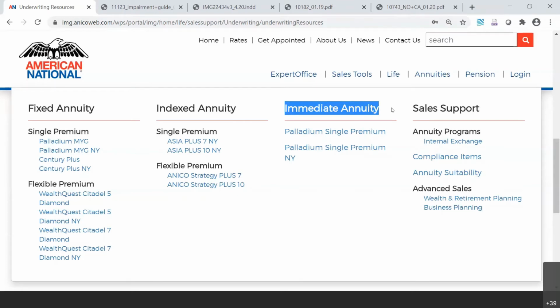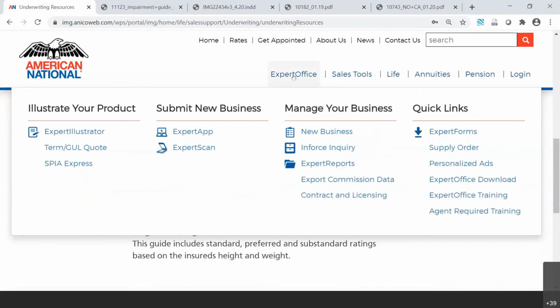For the sake of time, Art, I'm going to briefly touch on our expert office agent portal that I started initially. Due to time, I'm just going to simply show you here. You have the ability to go over to the expert illustrator to actually run our illustrations. I mentioned earlier the single premium immediate annuity. We have our single premium immediate annuity express illustration platform here,